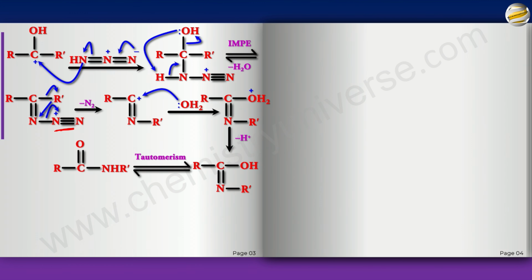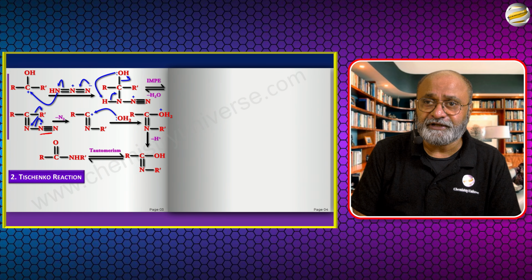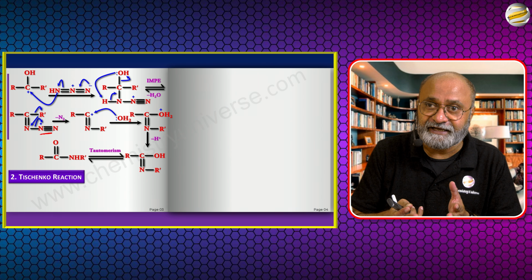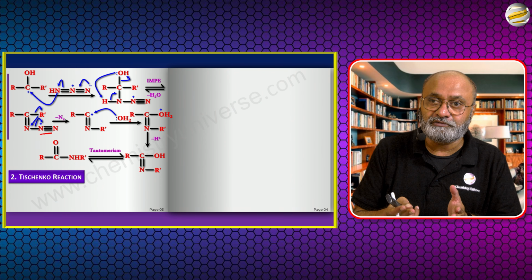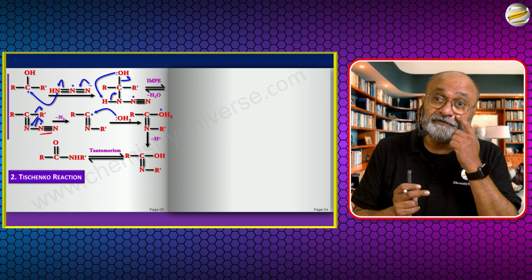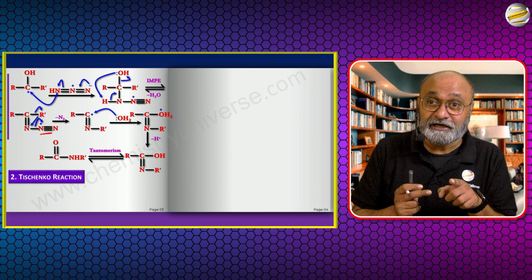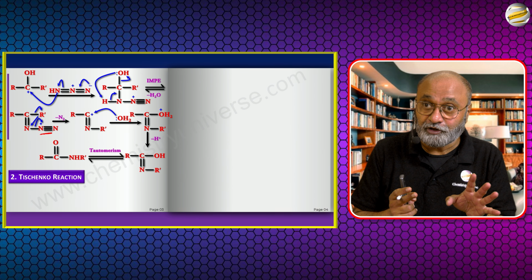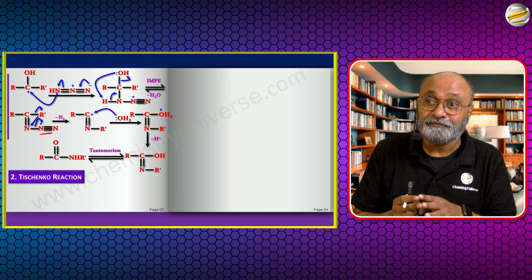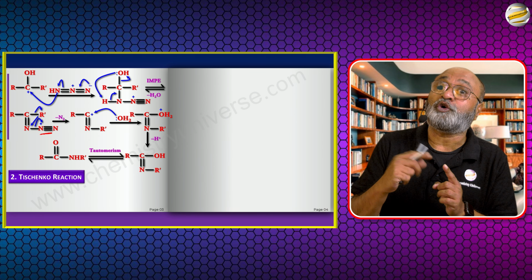Same as Beckmann. The next one is called the Tishchenko reaction. Now this Tishchenko reaction is a very interesting reaction. If you remember the Cannizzaro reaction, we had two aldehydes without alpha H, one getting oxidized to carboxylate ion and the other getting reduced to an alcohol. Now here what you do is you take an aldehyde with alpha H, yet it will show Cannizzaro type reaction, not aldol, Cannizzaro type reaction because the reagents are different. But it will not even show the product of Cannizzaro reaction, it will show you the product of those products.